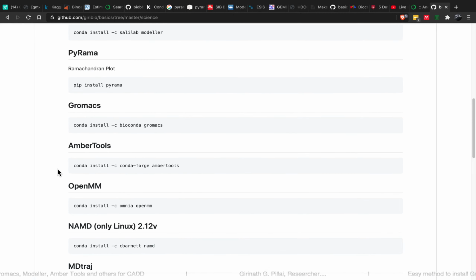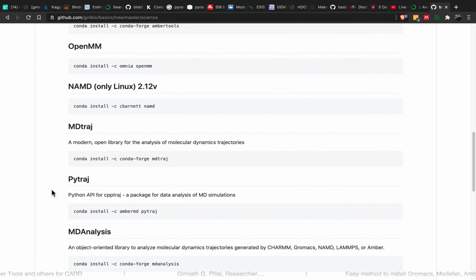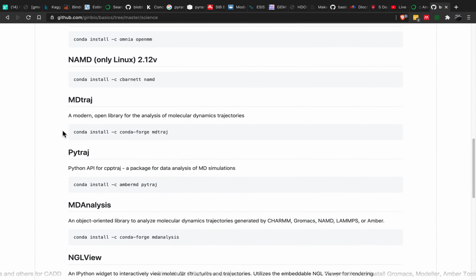And also let me tell you, Gromacs and Amber tools are also not for Windows. Then you have MDtraj, pytraj,